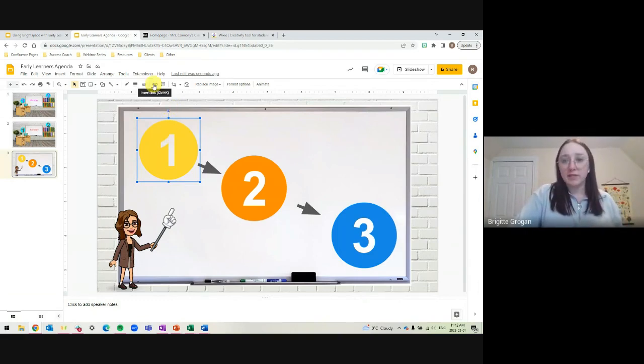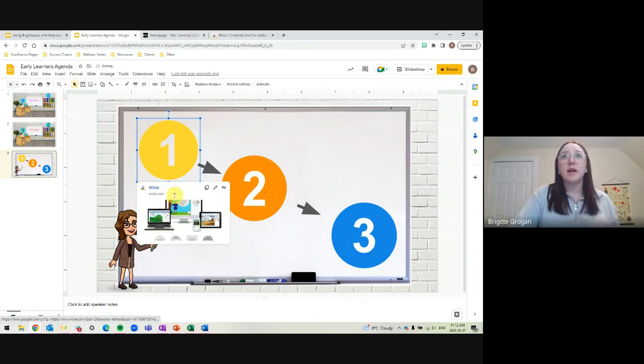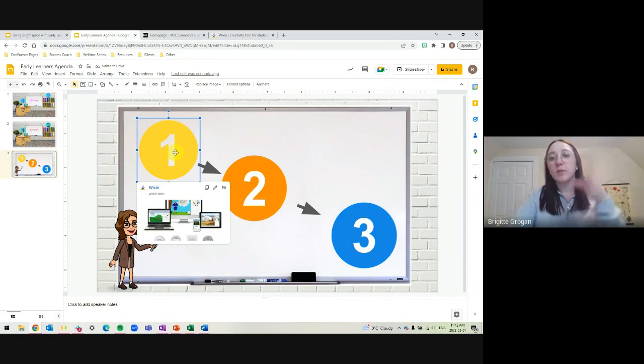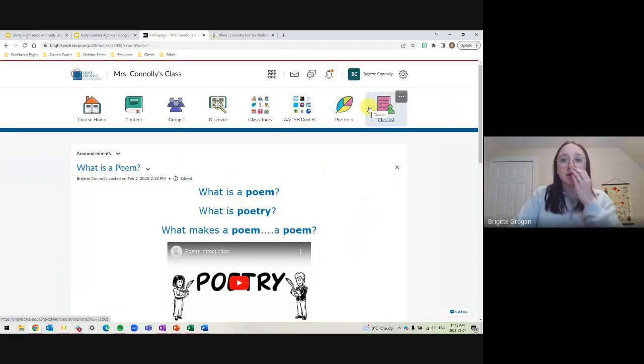So I can click on my insert link button here, and I can just pop in that Wixie link there. And so now when students click on this number 1, it will take them to Wixie there. If I want to do this within Brightspace, so maybe there's some Brightspace activities I'd like them to go to,